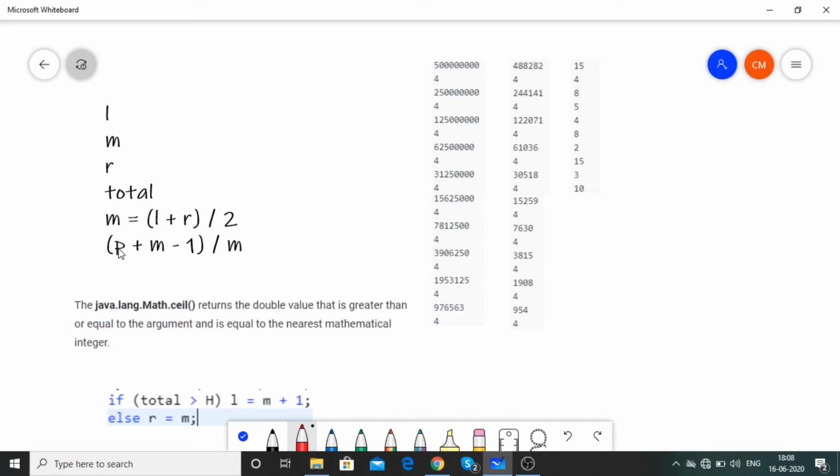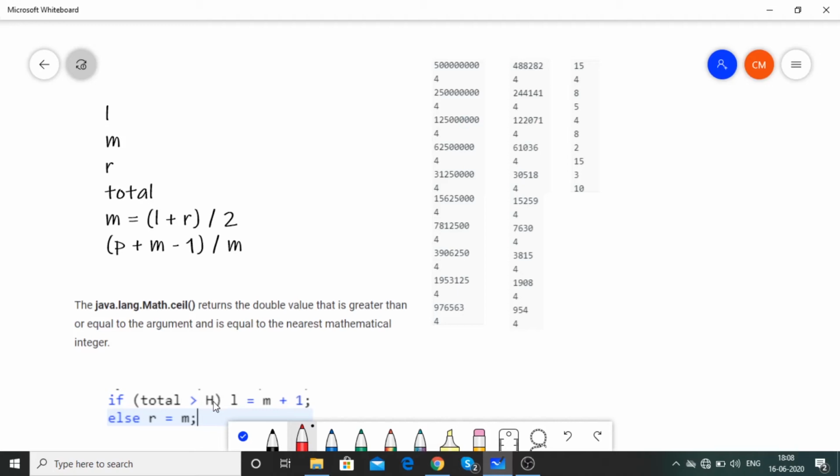We should find it in the left portion or we should find it in the right portion. So this if-else condition is going to guide us through that only. And if you see here, we have if total is greater than h, h is the number of hours that the guards would not be there near the bananas, right? So she can eat those bananas at that time.